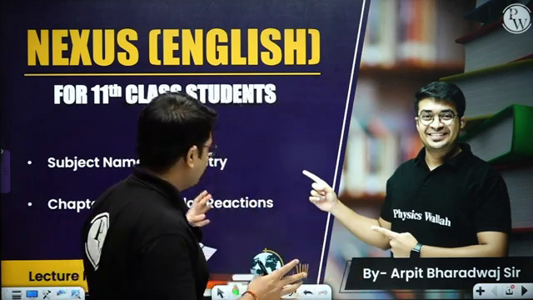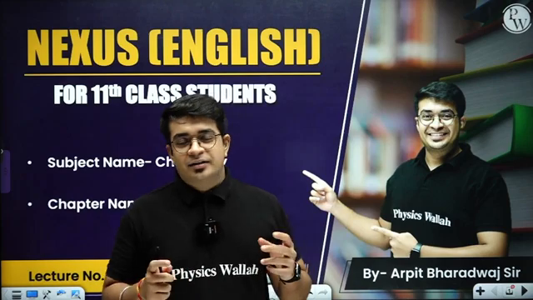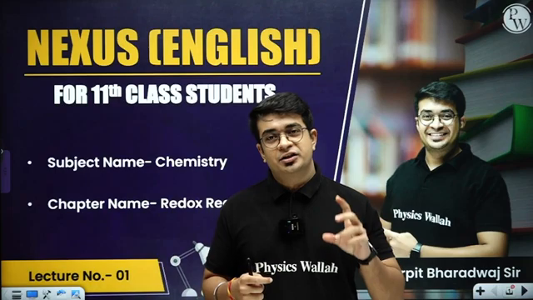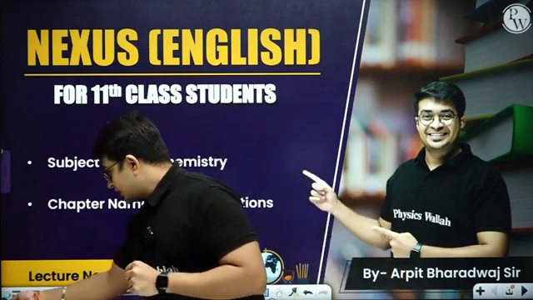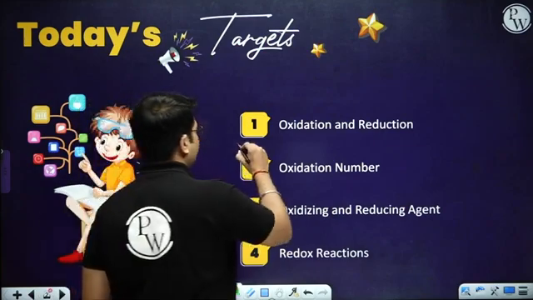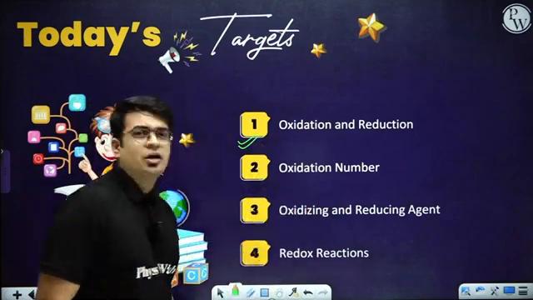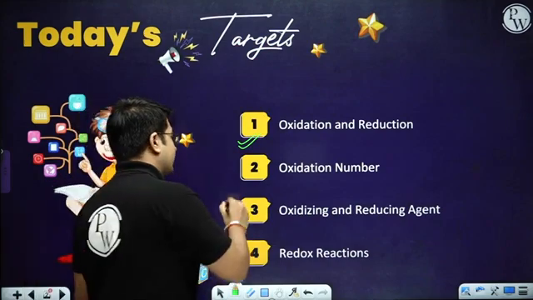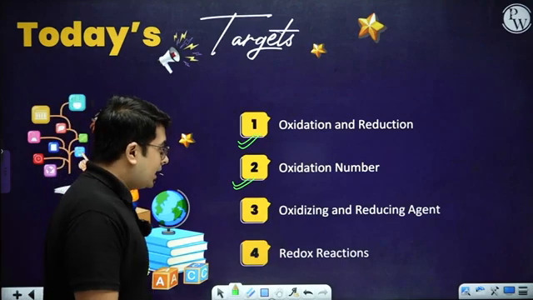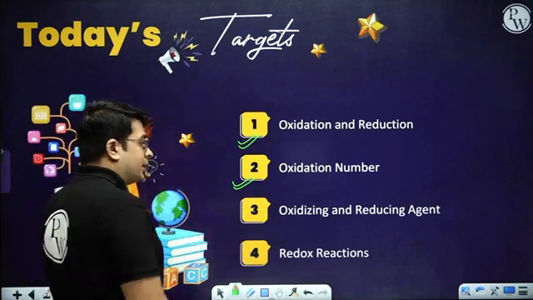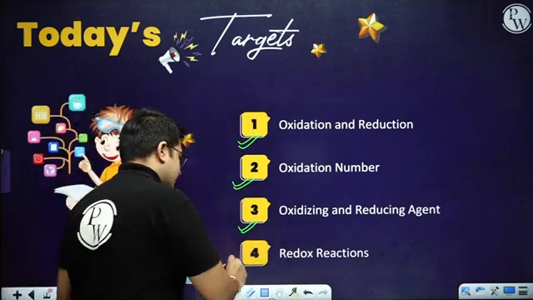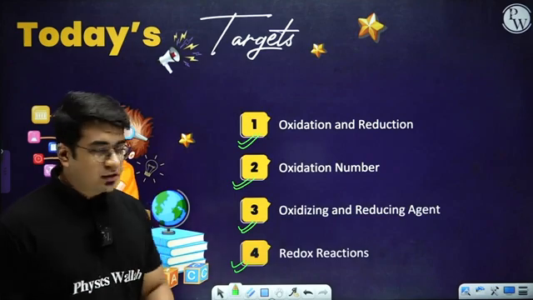So if I talk about this redox reaction chapter, this comprises a very specific type of reactions, which are oxidation as well as reduction type of reactions. In this session we are going to focus on the first portion, which is the analysis of oxidation and reduction, which we already somehow know. Next part is a very interesting portion, that is the oxidation number, how to calculate the oxidation number and what is the meaning of this oxidation number term. Next part is the basic analysis of oxidizing as well as reducing agent, along with the analysis of redox reactions. So let's start with the first part.